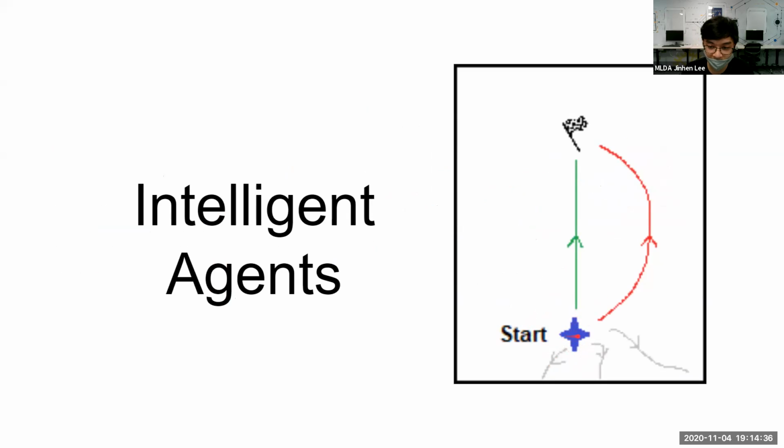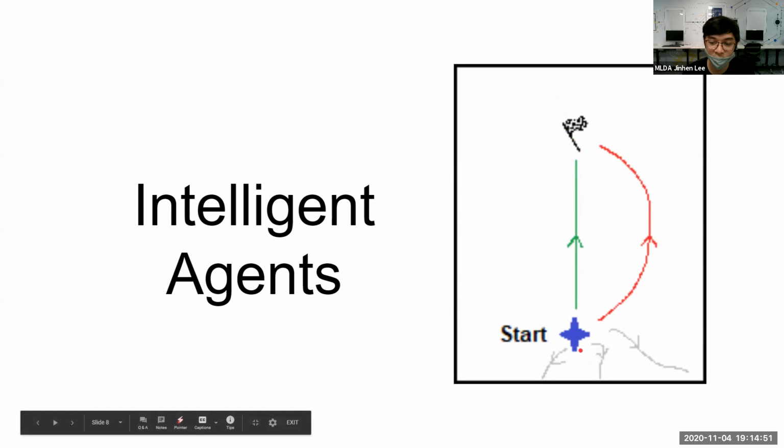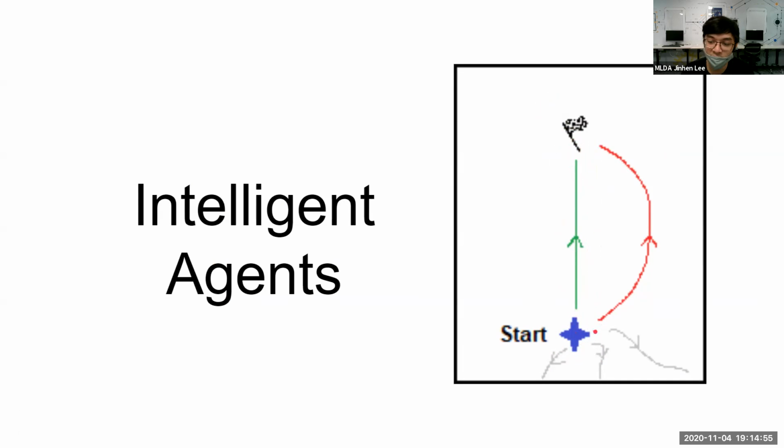So this star is actually an agent, which means an entity, like a robot. You can imagine it as a robot. He wants to reach this finish line at the end. This green line I've drawn is the so-called best way that you can go, because it goes straight directly and you reach there. But there are also many other possible ways.